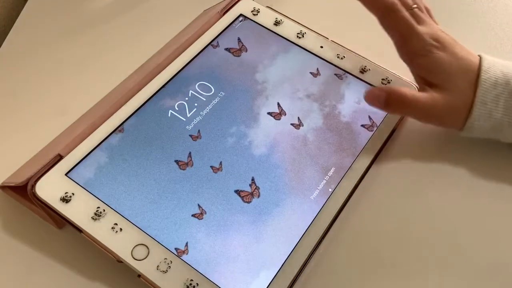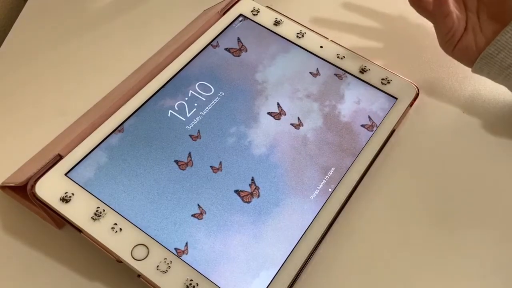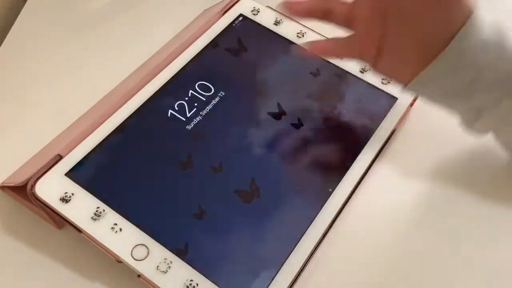In today's video, I'll be doing a what's on my iPad. So let's get started. As you can see for my lock screen, I have this cute butterfly aesthetic